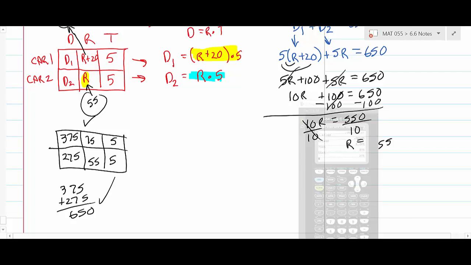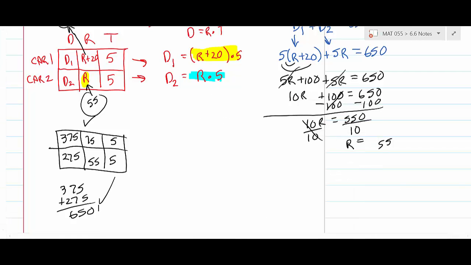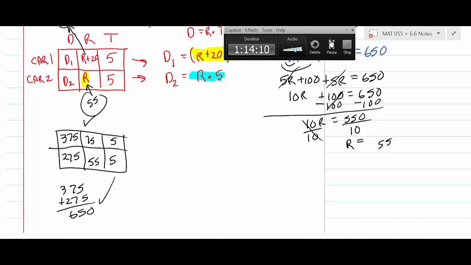All right, does that make any sense? Now, these problems can be a little challenging for students. The key is setting that equation up. And notice every time what I did was I did a chart. I drew a picture if I needed to, and tried to come up with an